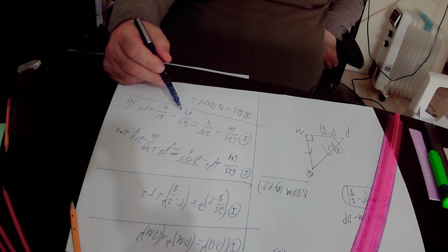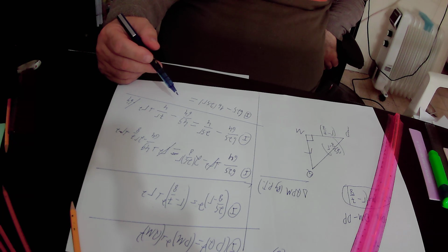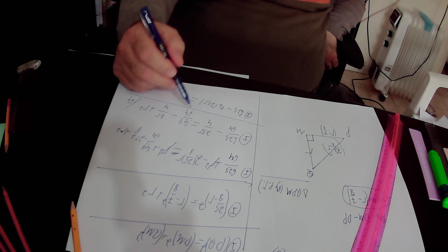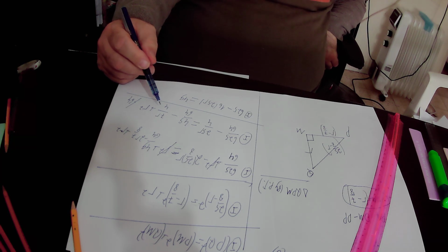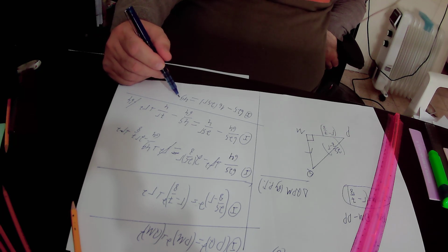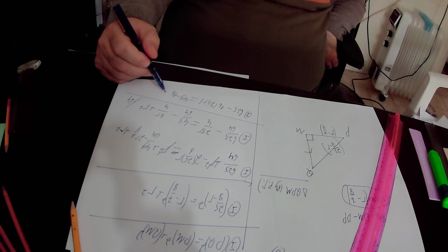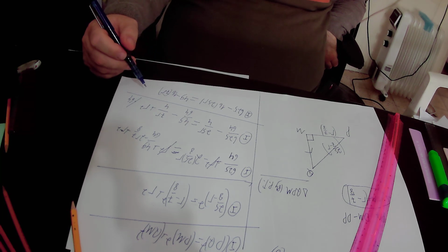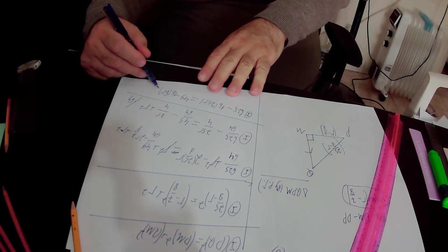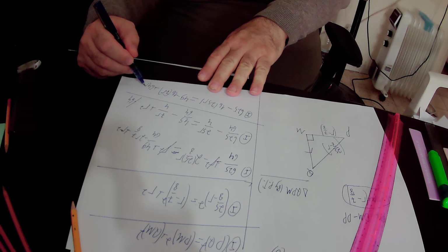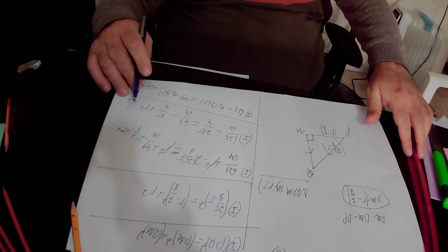So here 64 over 64 is 1, so we are left only with 49, and here we have minus 64 over 4, which is minus 16, times 7r, and here 64 times r squared is 64r squared. Okay,